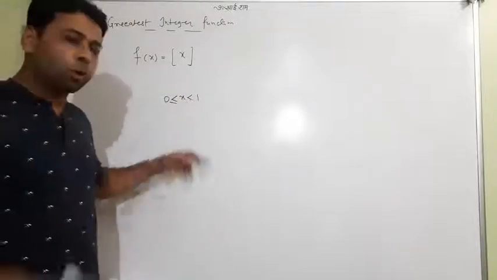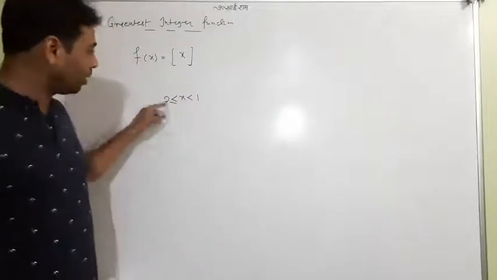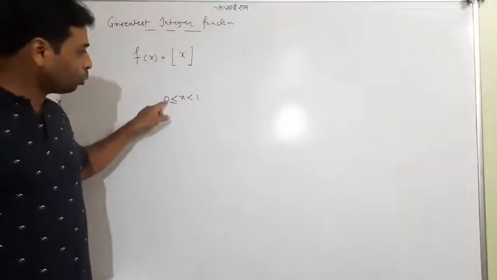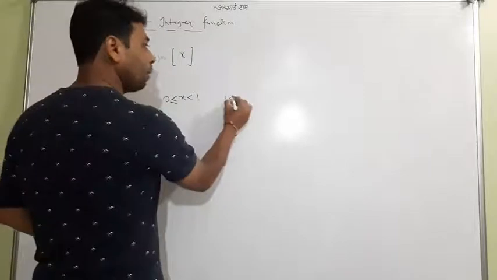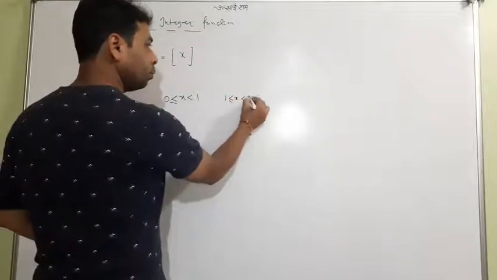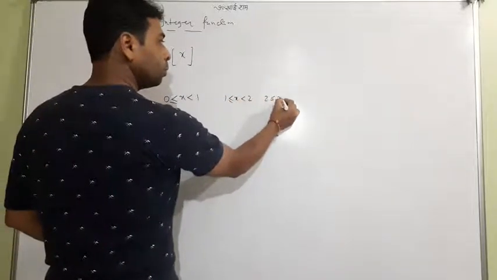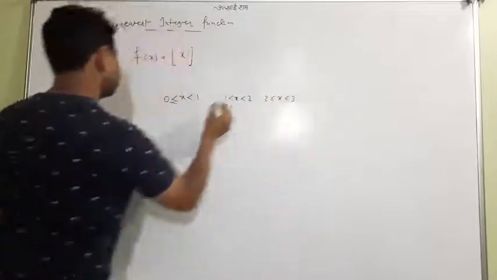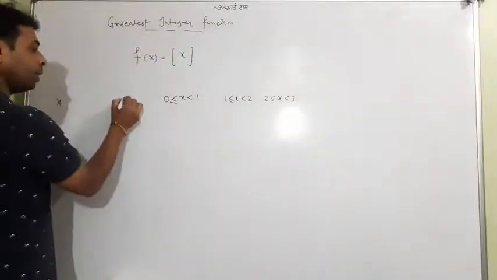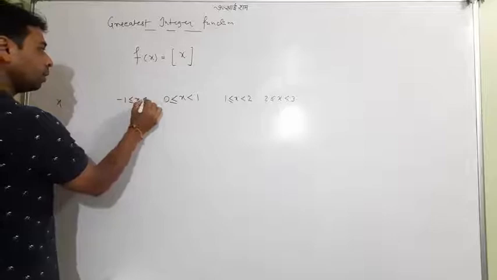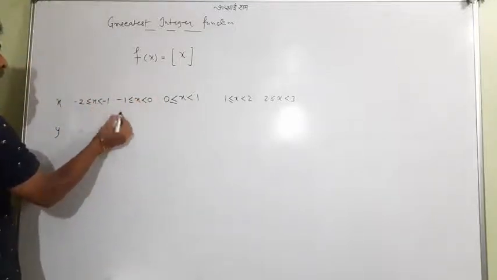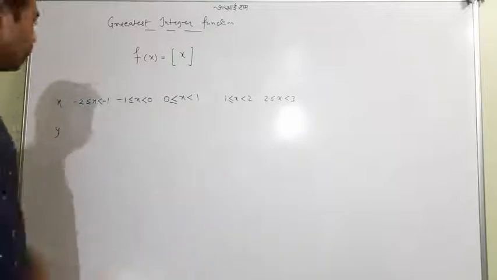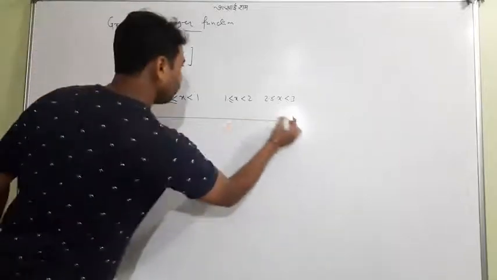I can't put x equal to 1 to something like that, but I am putting this very interesting interval, 0 to 1. I will tell you soon, no wait at all. 1 to 2, 2 to 3, and so on. Look at the negative side: minus 1 to 0, minus 2 to minus 1, and so on. This is enough.